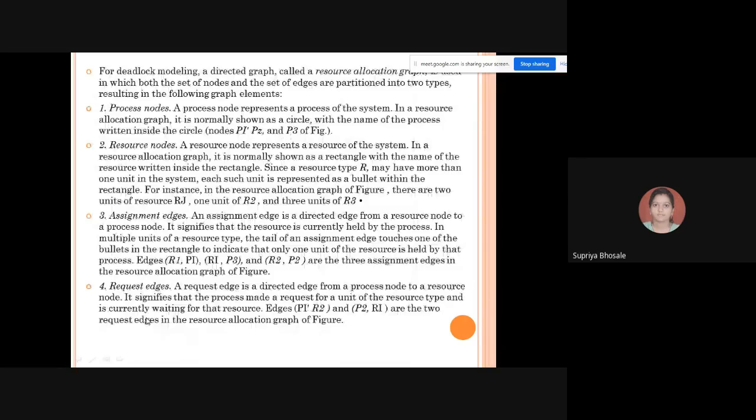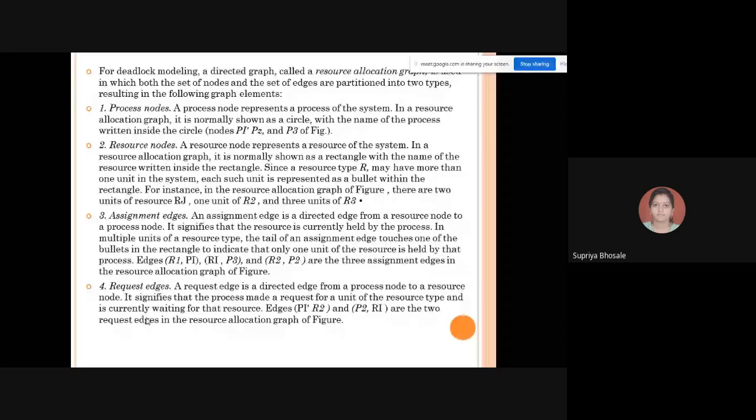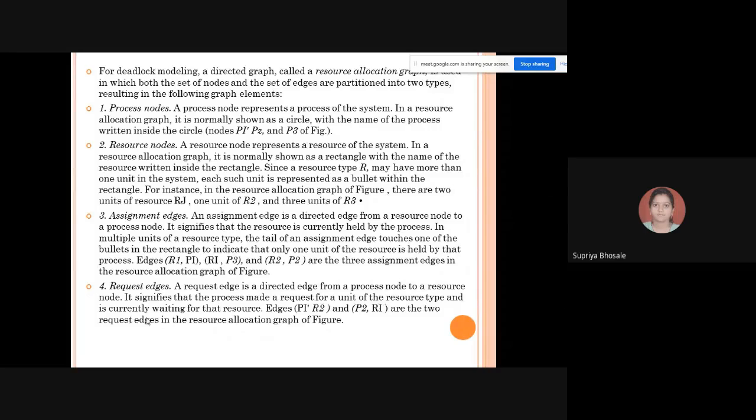And finally, the request edge. A request edge is a directed edge from a process node to a resource node. It signifies that the process